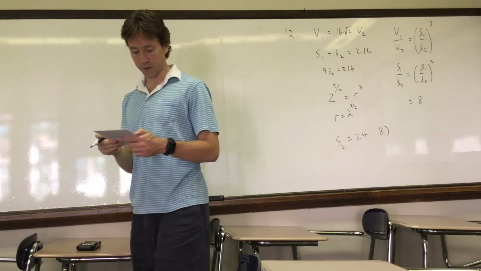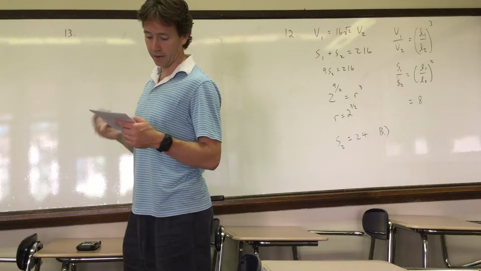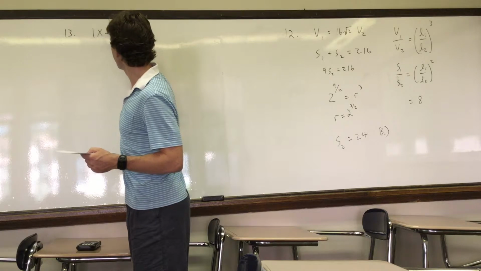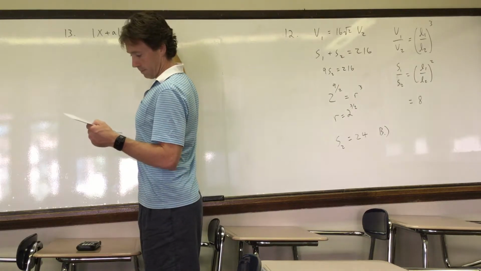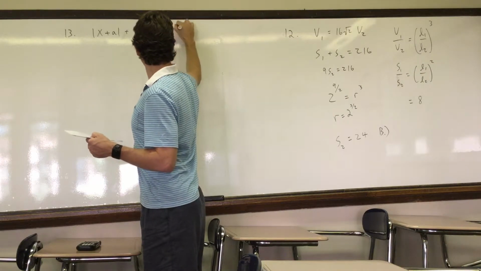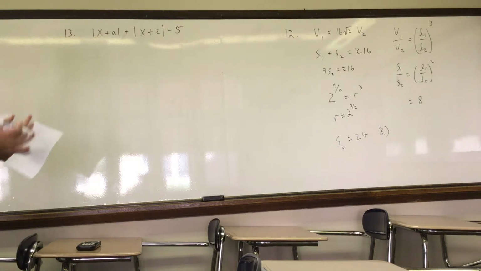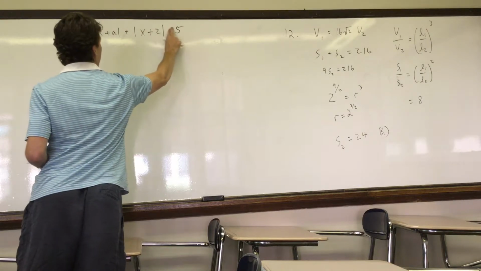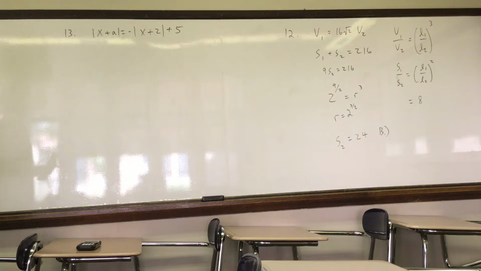All right, problem 13. For what value A does a given equation have an infinite number of solutions? The equation is an absolute value equation: absolute value of x plus a plus absolute value of x plus 2 equals 5. I want to rewrite this equation to put the absolute values on opposite sides, so I'll write it this way. Okay, now what I'm going to do is